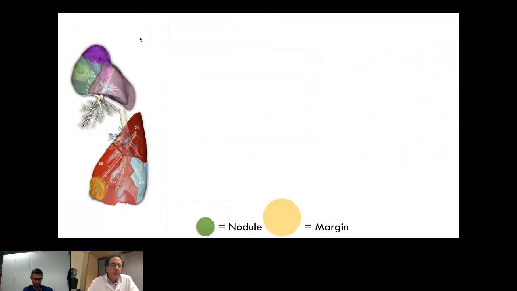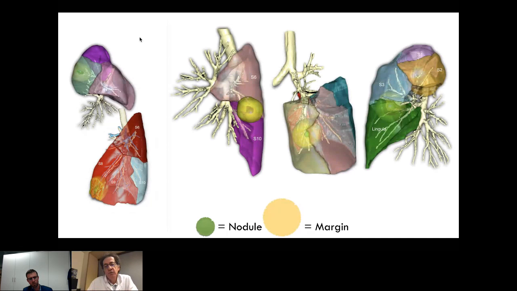So let me give you a few examples. On the left side, you have 2 examples of planned segmentectomy. You have the nodule in green, the safety margin in yellow, and you see that if you remove just one segment, the safety margins will probably be safe. Here on the right side, you have a few examples of a tumor that is at the frontier of 2 segments. And probably in these cases, you will have either to enlarge the planned segmentectomy or to remove 2 segments.